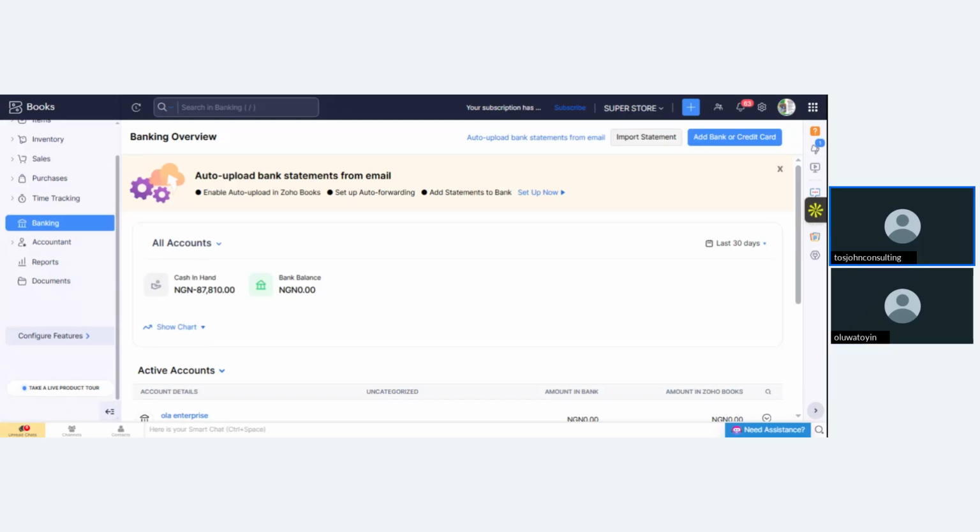You can see those that are compliant, they will enjoy some tax exemptions and benefit reliefs.